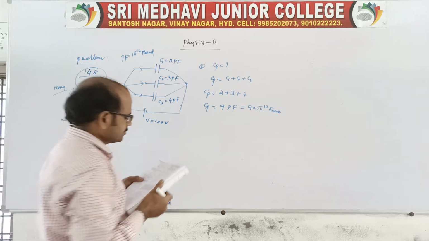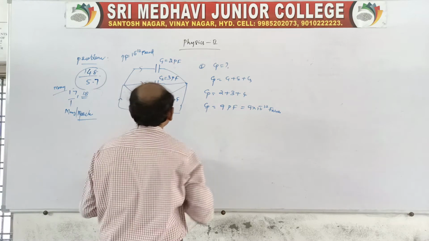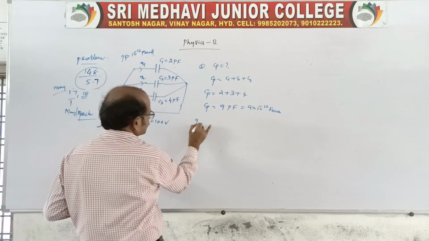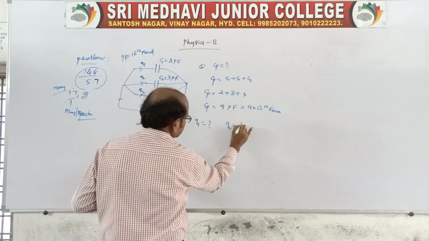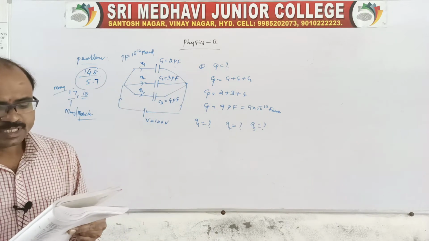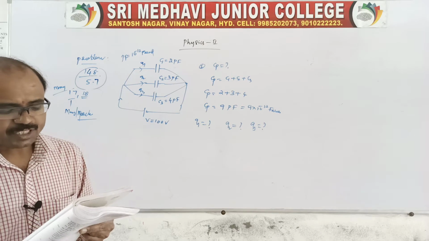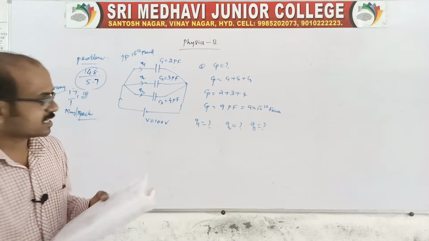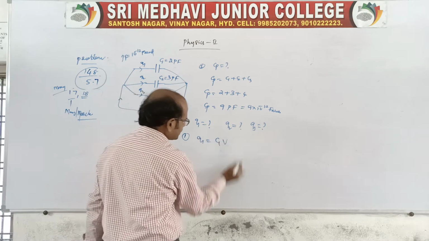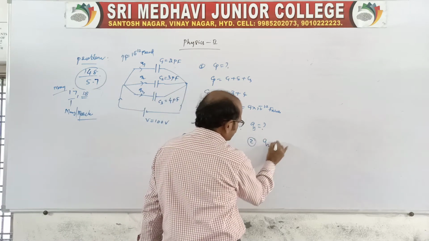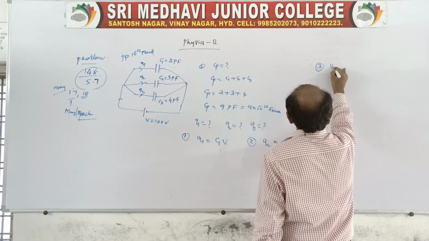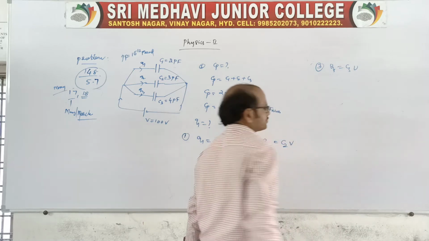So charge is asked, so here we should get individual charges, Q1, Q2, Q3. We don't know Q1, Q2, Q3, we should get them. For the combination, how much potential difference is given? It is given as 100 volt supply. So for the first one, Q1 is equal to C1 into V, for the second Q2 is equal to C2 into V, and for the third, Q3 is equal to C3 into V, of course.